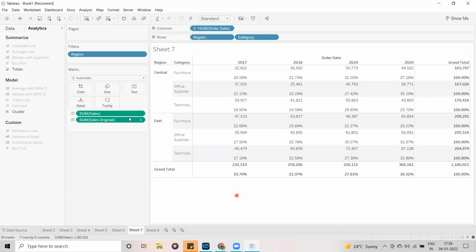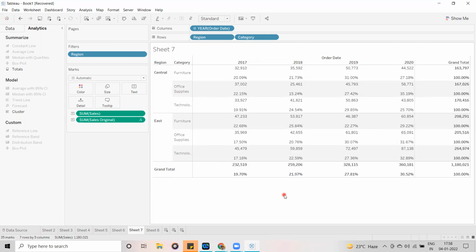Now, if you want the overall percentage, the customer is not going to bother about the region wise or whatever it may be. He wants the overall percentage, across all regions and categories. He wants to compare the entire data.